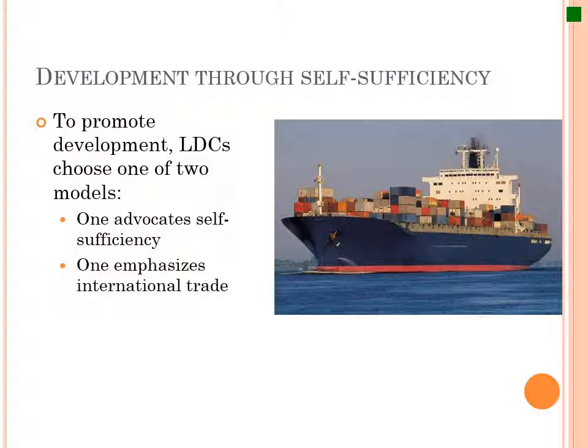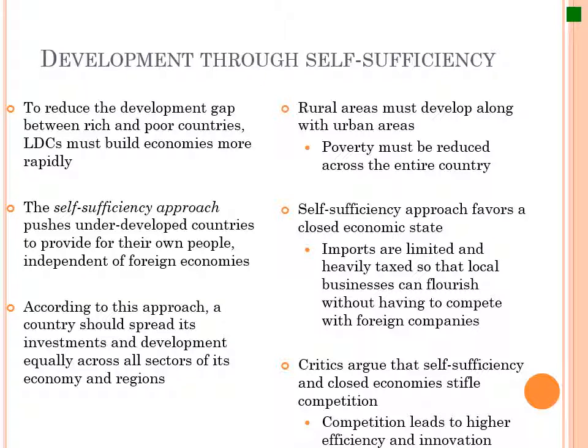There are two ways that LDCs try to promote development. One is through self-sufficiency, where they develop their own economy, and the other is focusing on international trade. So we're going to start with self-sufficiency first. With self-sufficiency, you're trying to develop a country's economy very quickly to level the playing field between the rich and the poor in the country, also trying to lessen the dependency of the country on foreign imports